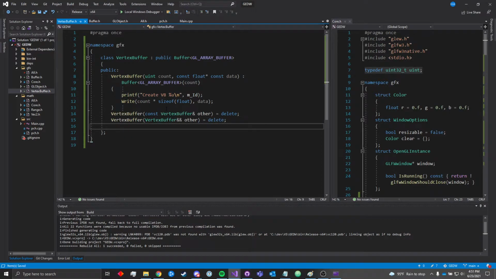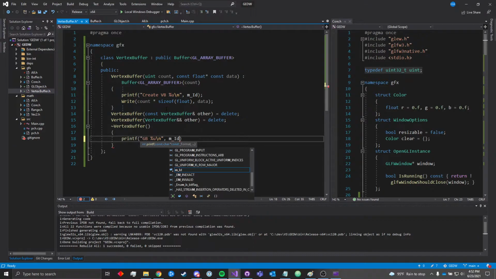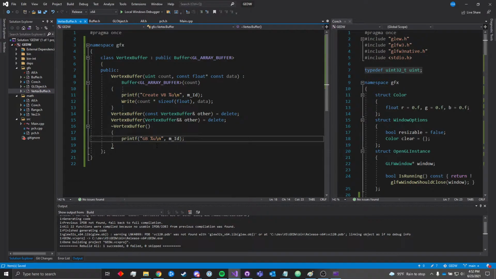Which is good. And now in our destructor, we don't really need this, but again, I just like to log when stuff is created and deleted. MID, and that is not what I wanted to write. I want to say delete vertex buffer and give the ID. So it's important to note that,